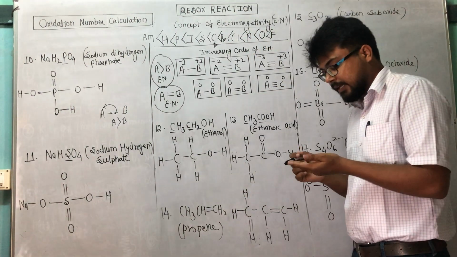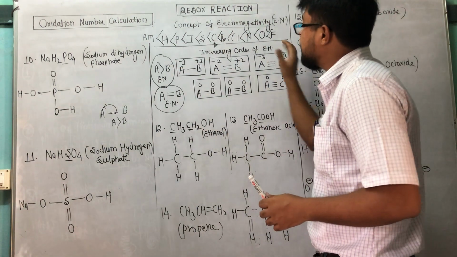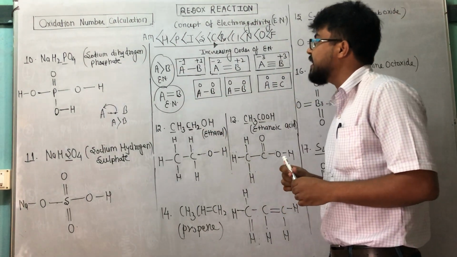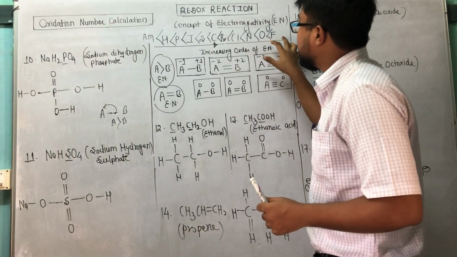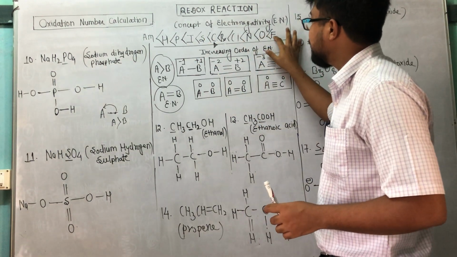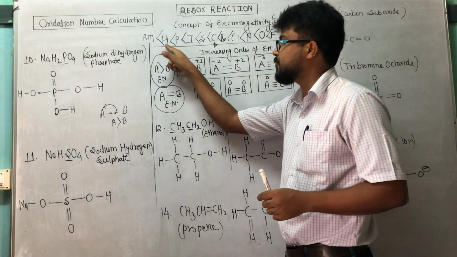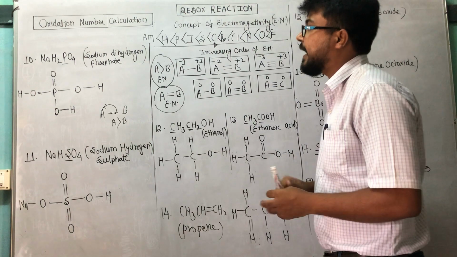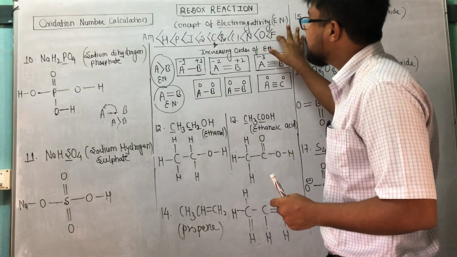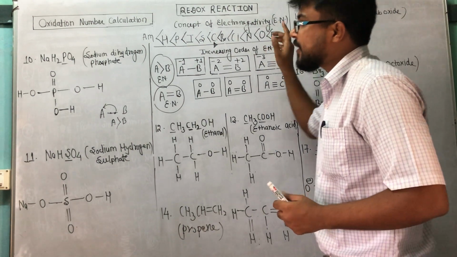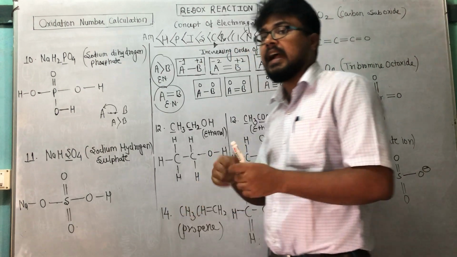So we will not learn this in detail. We have some trick to understand which element is more electronegative and which one is less. So we will use this series: fluorine, oxygen, nitrogen, chlorine, bromine, carbon, sulfur, iodine, phosphorus, hydrogen, and the last one alkali metals, meaning lithium, sodium, potassium, rubidium. So which one is most electronegative? Answer is fluorine. Which one is least? Answer is alkali metal. And before alkali metal it is hydrogen, correct?